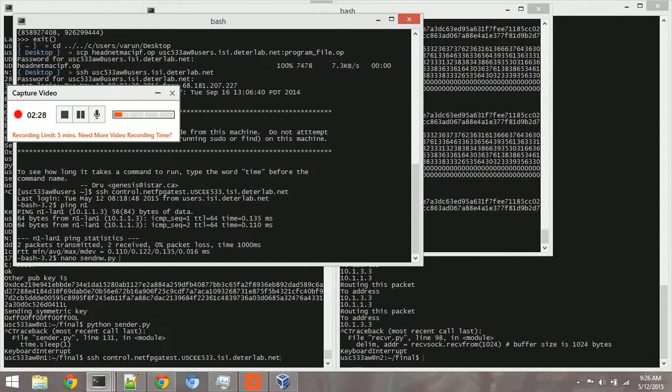Initially you run a script called script_new.sh, which basically reprograms the NetFPGA.